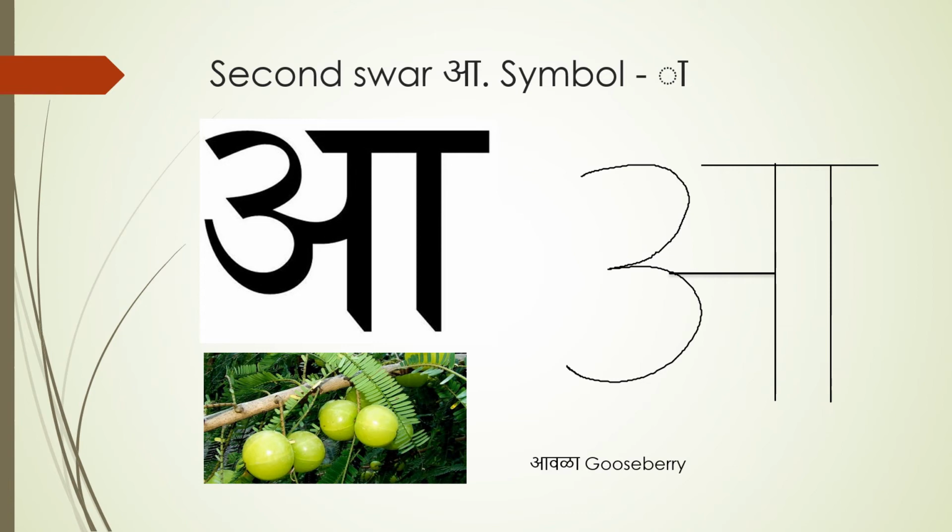Let's see another example with a consonant this time. Let's start with K. Let's start with a C that almost becomes a semicircle, then a standing line and another upside down C to make it a K, and then a standing line beside it to make it a Ka, and then a top line to finish it off. That's how a consonant and a vowel work together to make a sound.